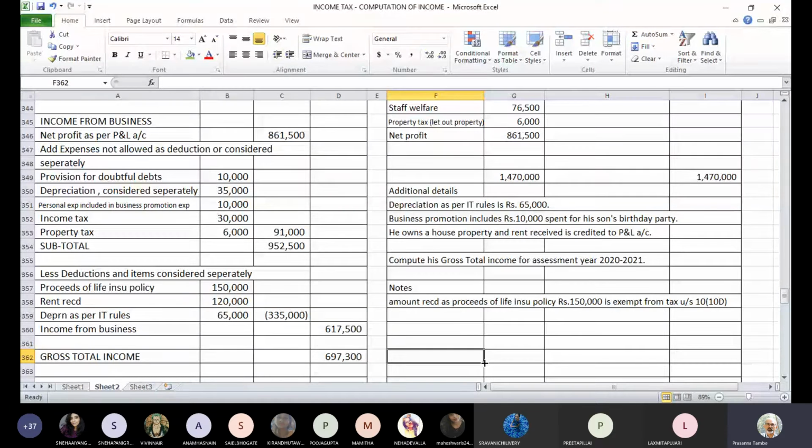Has everyone followed the method of computing business income? Yes? Any difficulty about the method which we have used to compute the income from business? No, sir. Everybody has understood? Okay. I don't think any difficulty should be there for house property income, which was very simple. We have done few sums earlier. So house property should not pose a problem. So has everybody followed the first question on business income?